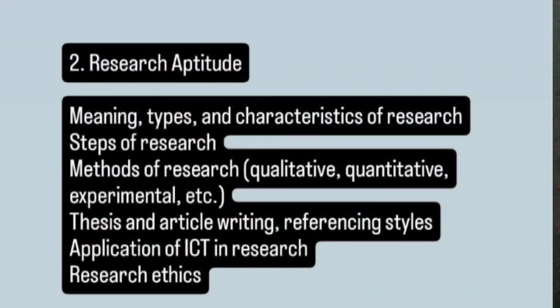The next unit is Unit 2, research aptitude. In this unit, they test our factual knowledge and our conceptual knowledge. They can ask questions on types of research, steps of research, and referencing style, like what is the first step in research, which referencing style is used in humanities, or what is the difference between quantitative and qualitative methods. These are the types of questions in my paper when I gave my exam. I got questions from fallacies and from sampling. So prepare these types of questions and analyze PYQs.